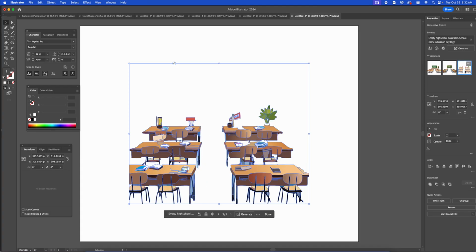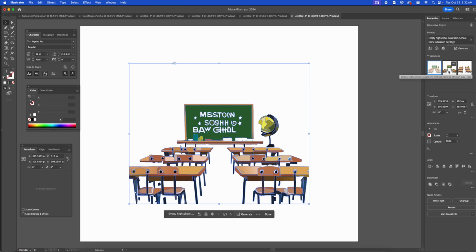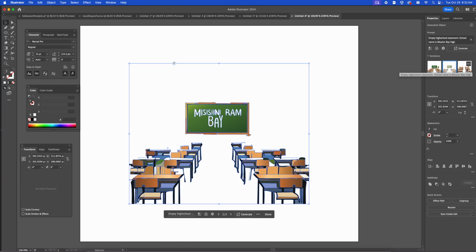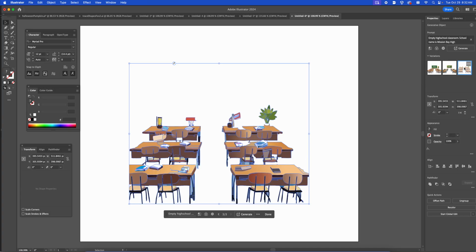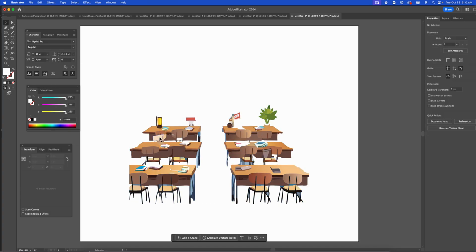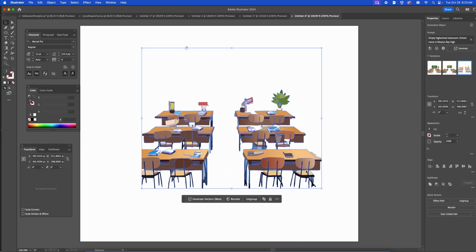Not so good, not too good. We'd probably be better off just drawing our Mission Ram Bay. Funny. We could probably create this ourselves better and faster, but I want you to explore. Maybe you just make one desk and then copy paste that one desk. Let's learn and explore this program, these AI tools, and see what we could do to make an amazing classroom